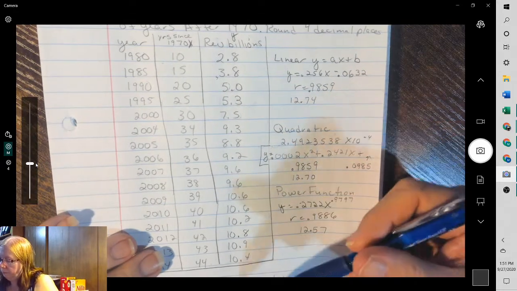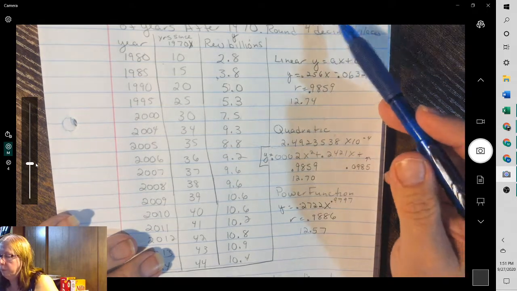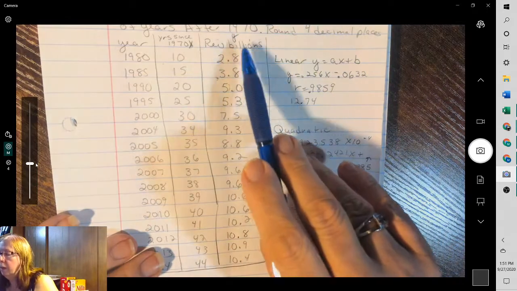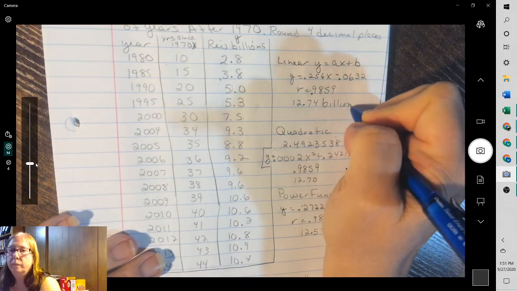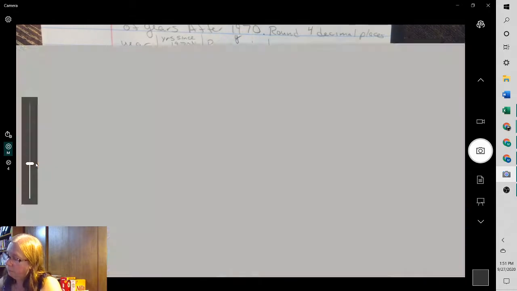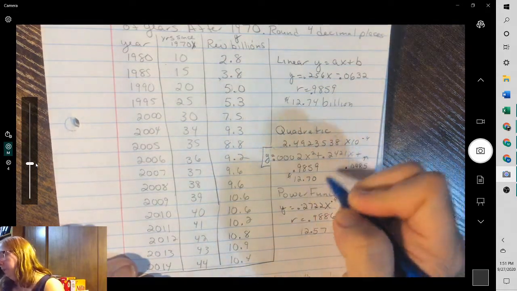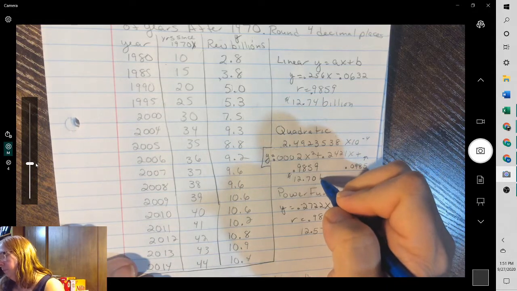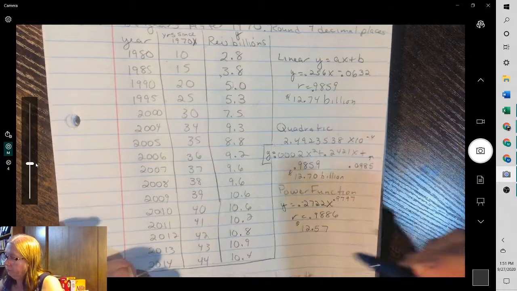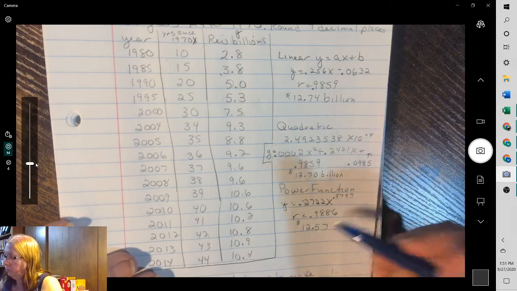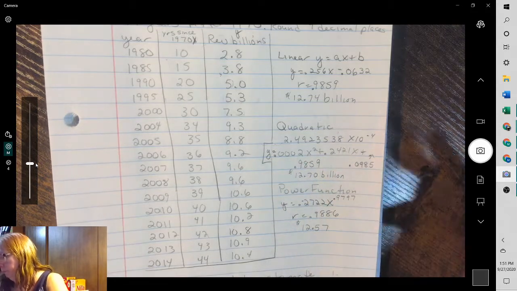So this one says after 50 years it would be 12.74 billion. I think it was in billions, yeah. Billions of dollars. Using the quadratic, 12.7 billion. And using the power function, 12.57 billion. So you can tell,